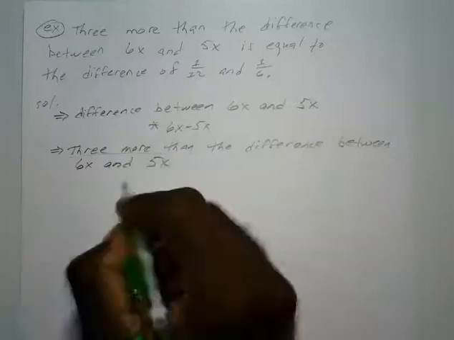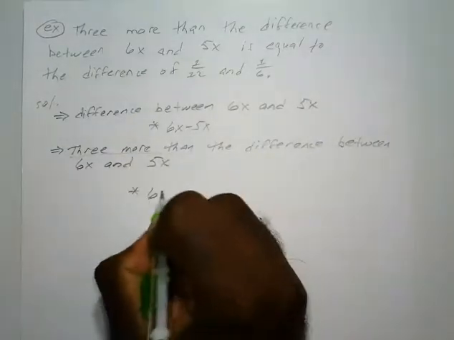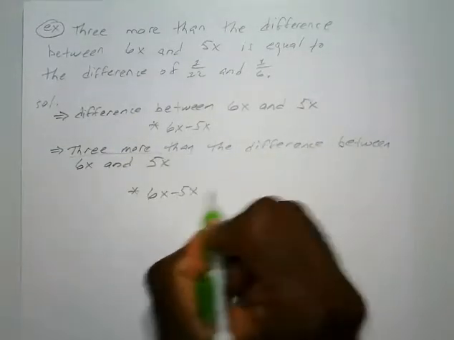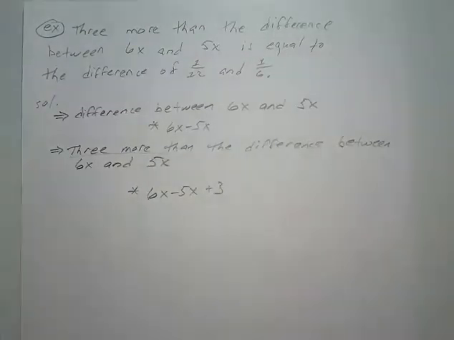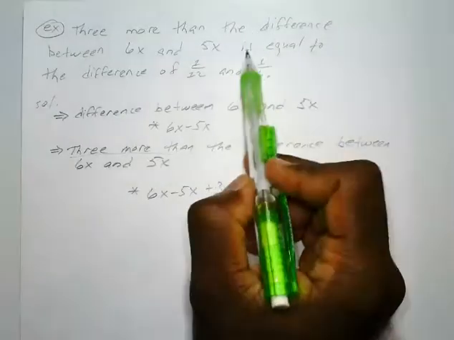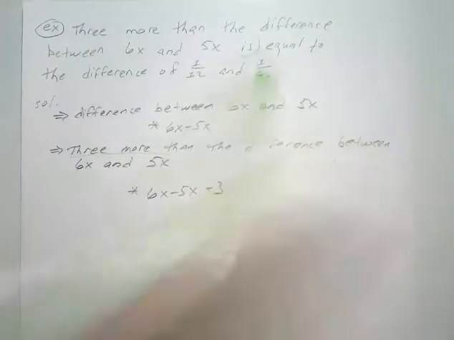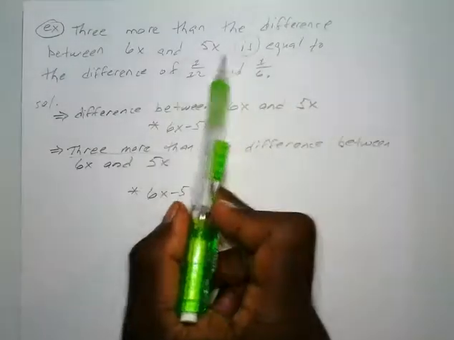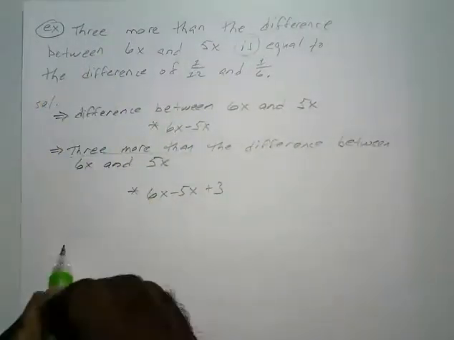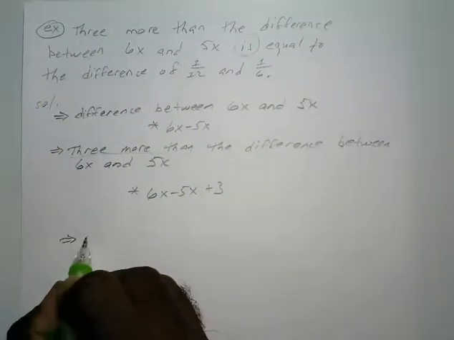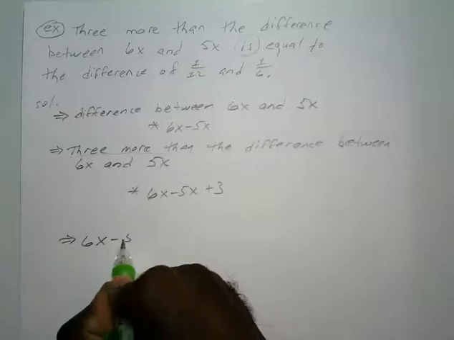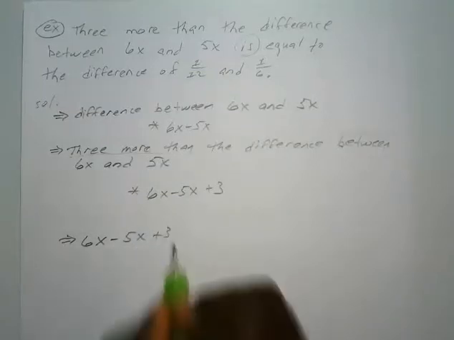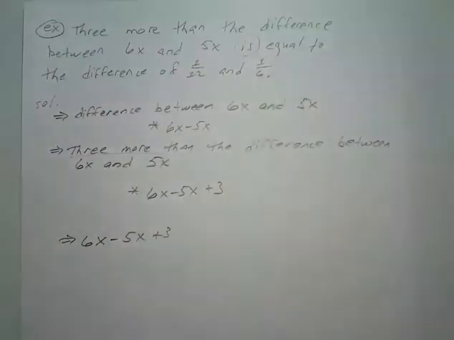Now 3 more than that, and you'd end up with 6x minus 5x plus 3, because remember, more than means addition. Then we get to the word is. We know is means equal to, so we already have this left side done. That gives us 6x minus 5x plus 3 is equal to